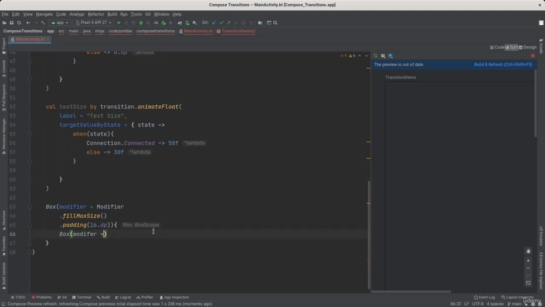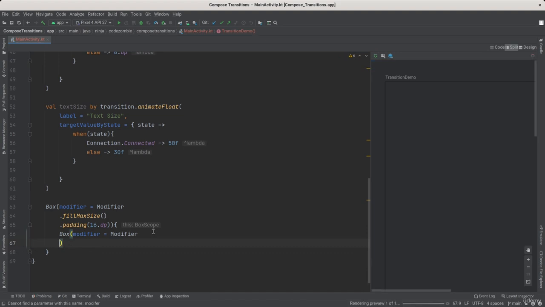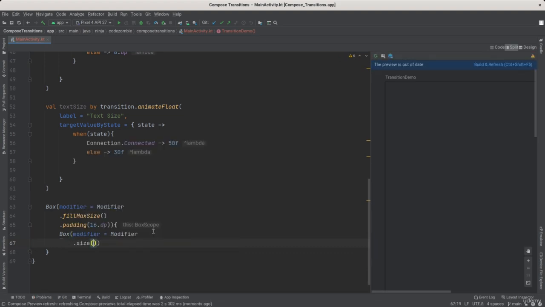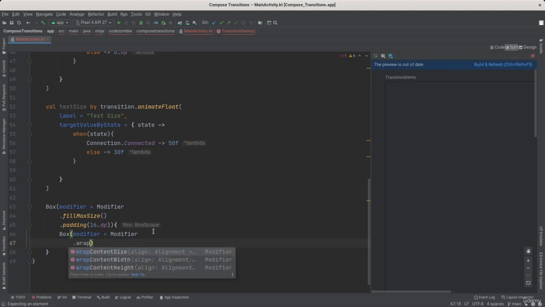So I give this box a modifier as well, and .size. Let's give it a size of wrap content size,